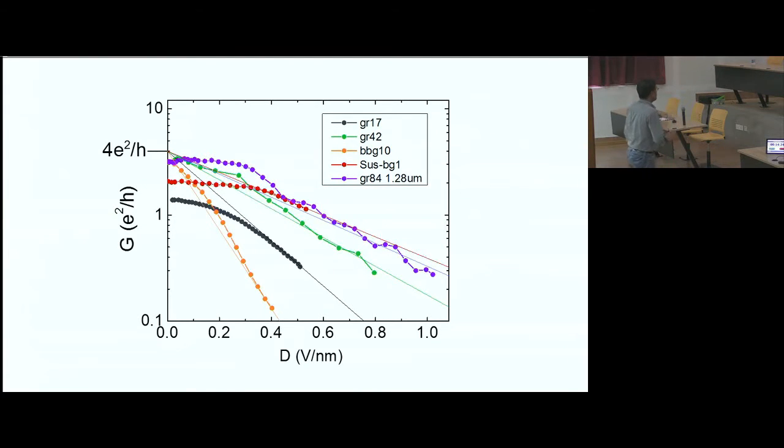So almost all devices, what's happening here is that when you go to large electric field and the conductance is decreasing exponentially, I take that regime and extrapolate it back to 0 electric field. I tend to hit the value of 4 e squared by h, give or take plus minus 1 if you're unbiased, and I'm going to go somewhere here. So the question is whether this is something